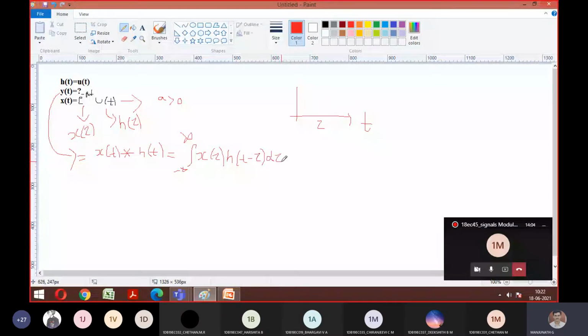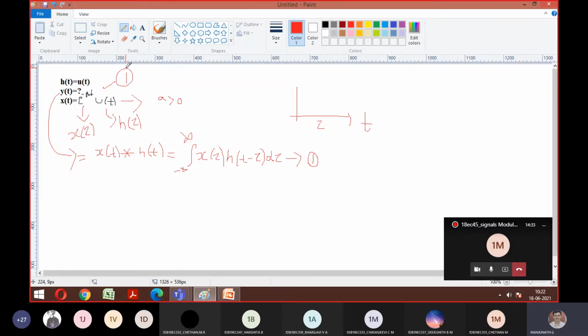In order to find y of t, always remember, whenever they ask you to obtain the convolution integral, if you write this formula, it carries 1 mark. It is an 8 to 10 marks problem. The complexity level will keep increasing, and different types of problems are involved in this convolution integral. I'll try to solve them one by one. This is one method we can expect in the exam. Like this, you have different methods that we will discuss.